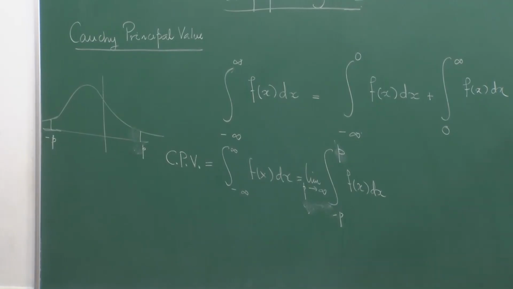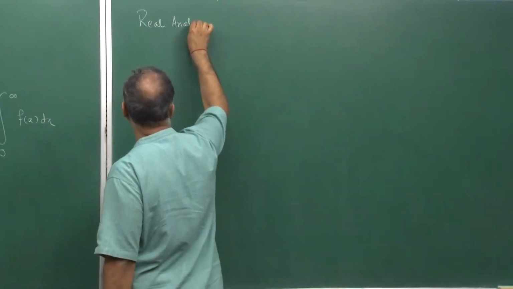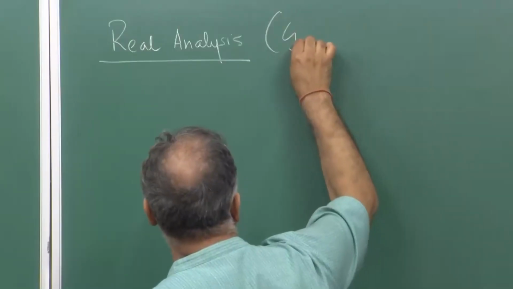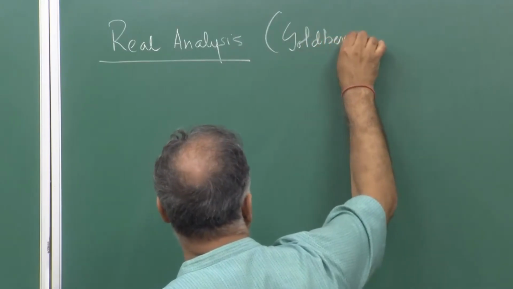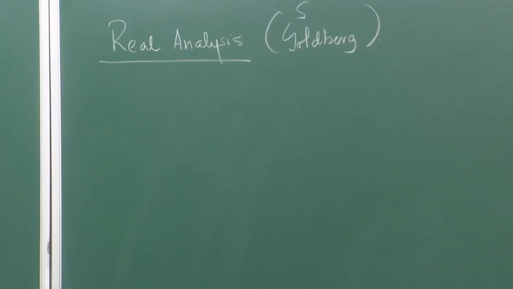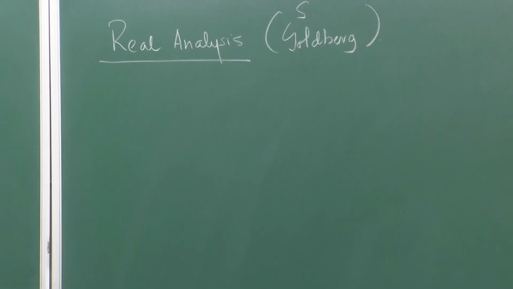An example which is given in Goldberg's book is very elegant. It is one of the most elegant books on mathematical analysis, called Real Analysis by Samuel Goldberg, but you need not bother to read this at this moment. As we move gradually up the ladder, we are going from calculus into more in-depth analysis of the issues. So we are getting gradually into the domain of real analysis. It does not mean that we are not going to do computations. We will do it. For example, if you look into this integral,